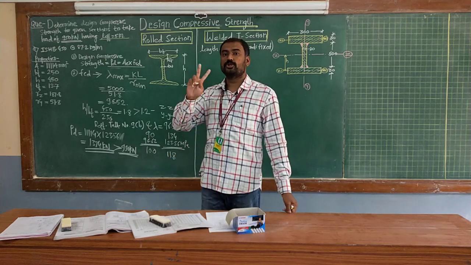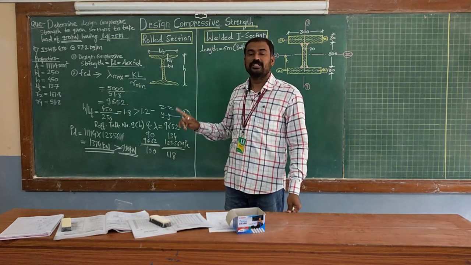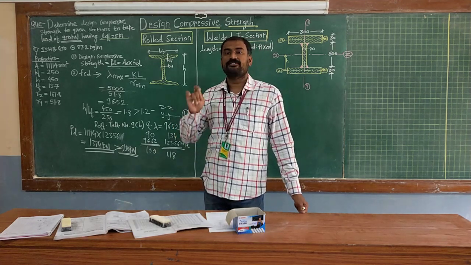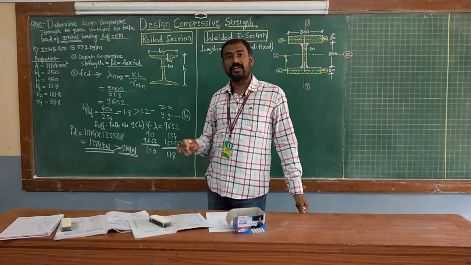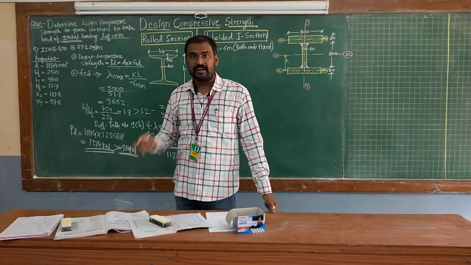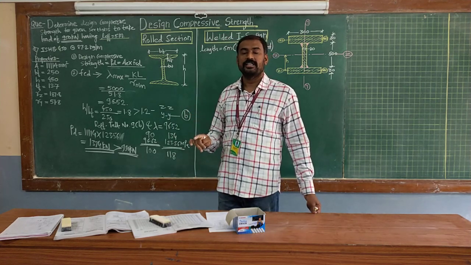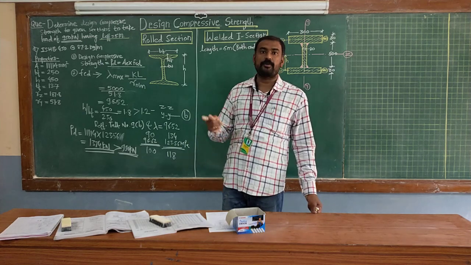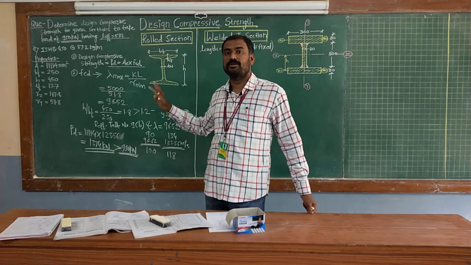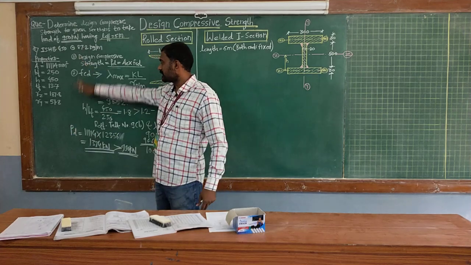Correct? So here only these two steps are to be performed. Step number 1 is calculating your slenderness ratio, that is KL by R, by considering minimum radius of gyration. After calculating the slenderness ratio, you go for buckling classification, class A, B, C, D, depending upon table number 10. After deciding the buckling class, you go for calculation of design compressive stress. After calculating design compressive stress with the help of interpolation, just multiply that value with the area of your cross section. You will be getting the final answer as PD, that is design compressive strength. Correct? So here the numerical is completed.